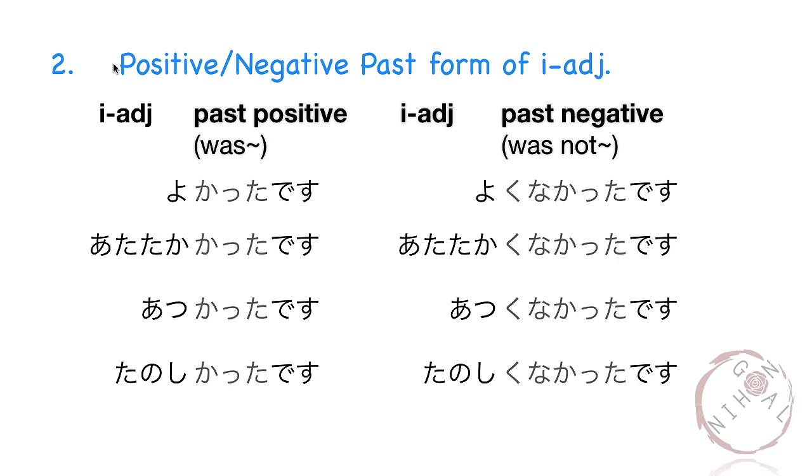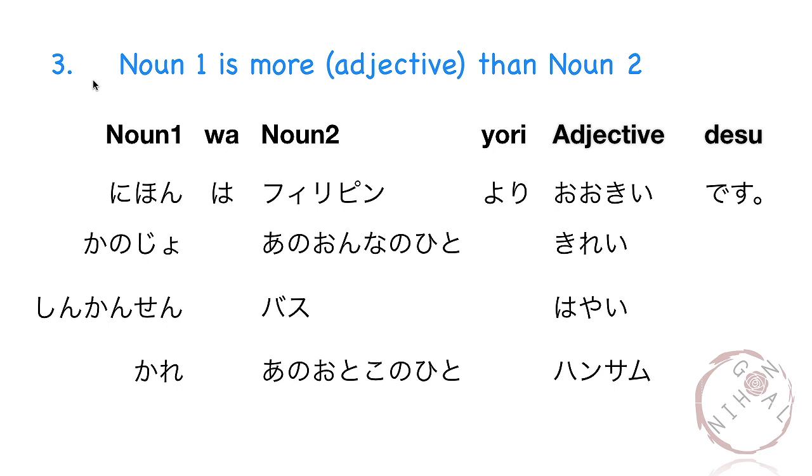Next, we've learned how to form the positive or the negative past form of an i-adjective. We remove i and add katta followed by desu. For example, よかったです、暖かかったです、暑かったです、楽しかったです。For the past negative, we remove the i and add kunakatta followed by desu. よくなかったです。暖かくなかったです。暑くなかったです。楽しくなかったです。